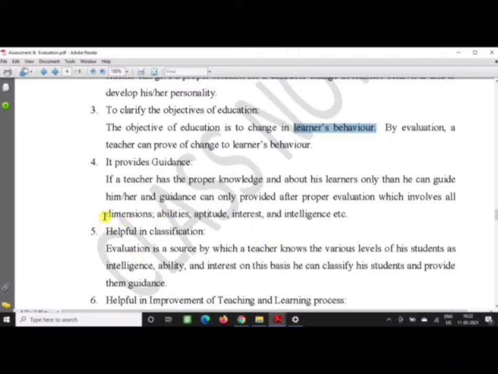At that time you have to check all the dimensions of the students, for example, the students' abilities, aptitude, interest, and intelligence, and there are many other factors that need to be taken care of by the teacher. So when you want to guide the child, you can check aptitude and interest.